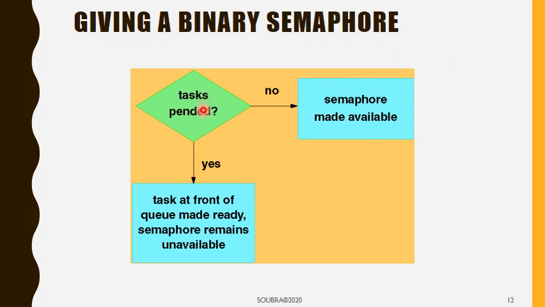And the other scenario here is someone is indeed waiting for the semaphore. So what would happen? I'm going to give it to whatever task is waiting for it